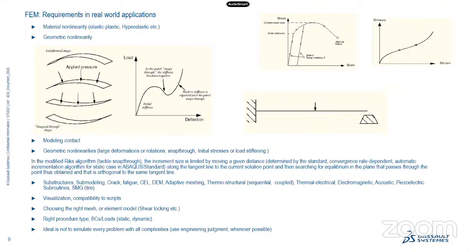Basically, the main thing I want to tell you about is nonlinearity. It can be a material nonlinearity, for example elastic-plastic or hyperelastic; hyperelastic is mainly used in tire analysis. If it is elastic, then Ku = F can still be solved easily, it's a linear solution. But once you have material nonlinearity, we need different kinds of approaches.